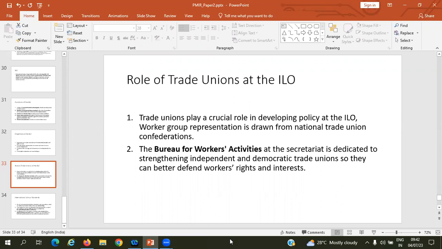So that is one function of trade union, coordinating with ILO and helping the ILO organization. Trade union plays a crucial role in developing policies at ILO. The second one is Bureau of Workers Activities, at the Secretariat, dedicated to the strengthening department. So that means these unions are the